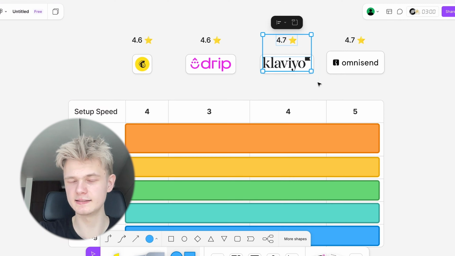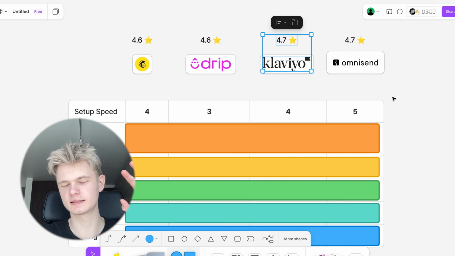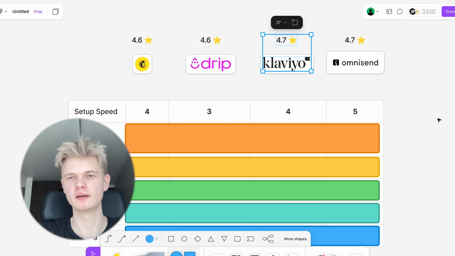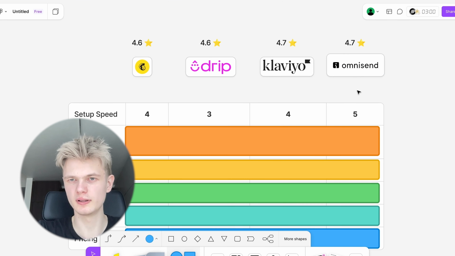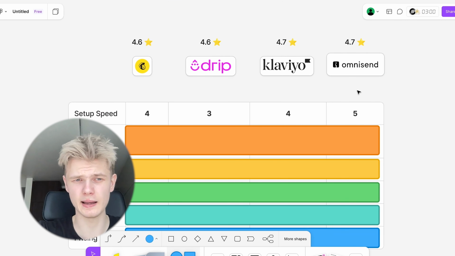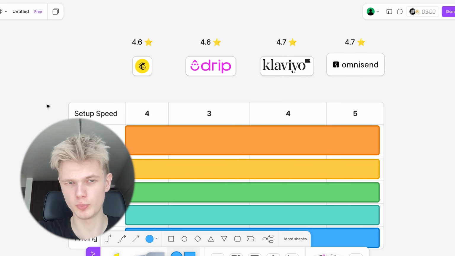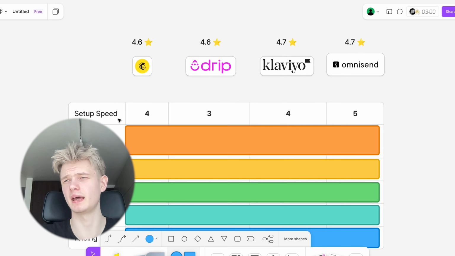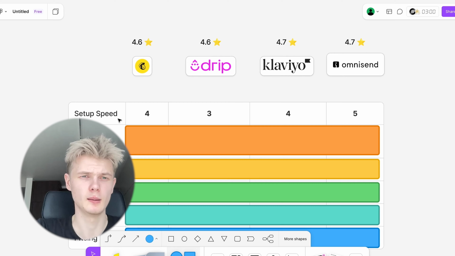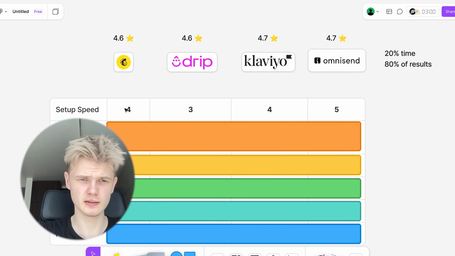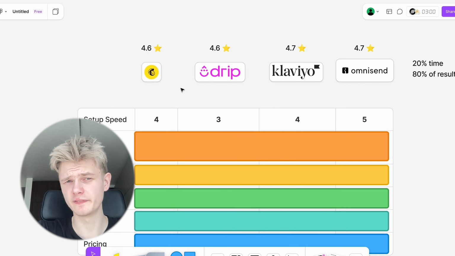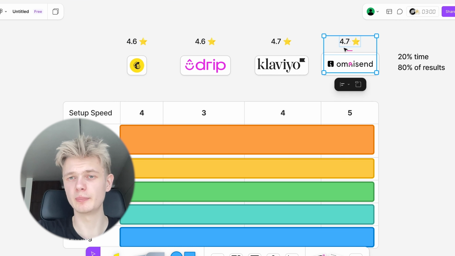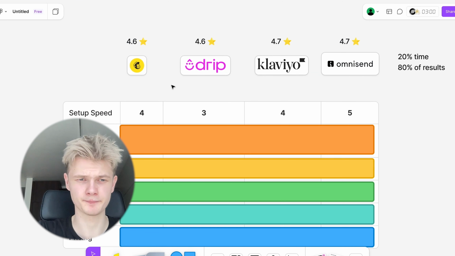Klaviyo also has it, but for Klaviyo it's a little less. They just feel older. In Omnisend templates are much better. So you will save so much time for setting up all your pop-up, your core automations, and of course your campaigns. Because that's why in setup speed, Omnisend is a clear winner. But MailChimp, I also liked it, it's really fast. But Omnisend has implemented templates inside the flows, while MailChimp hasn't.